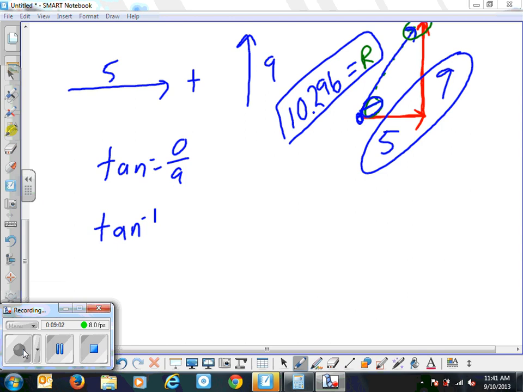I forgot the theta sign here, but the tangent theta is equal to opposite over adjacent. So inverse tangent then is,